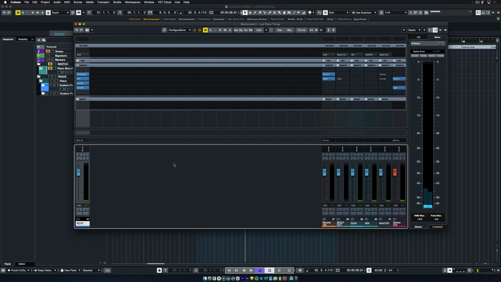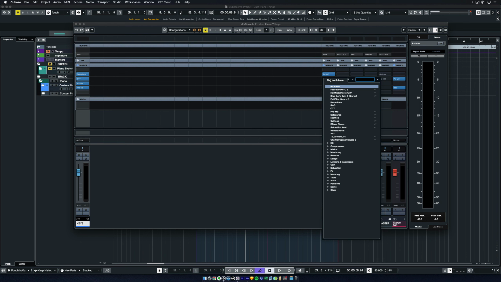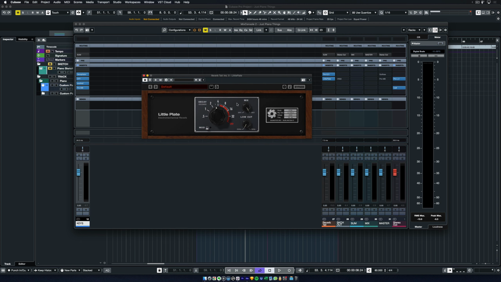Now let's move to everyone's favorite subject, reverb. In my template, I already have an EQ coming before my reverb, and I already have a reverb unit set. I'm not going to use this one actually, because what sounds really good on a piano, I find, again, it's a personal taste, is a plate reverb, and for that I'm going to use my favorite plate reverb. It's the most simplistic of them all. It's called Little Plate by SoundToys,